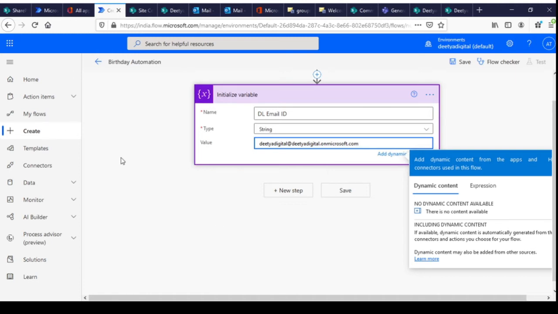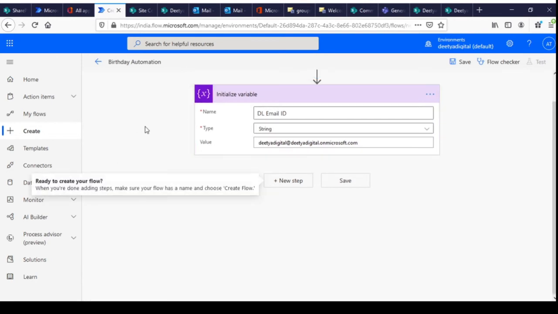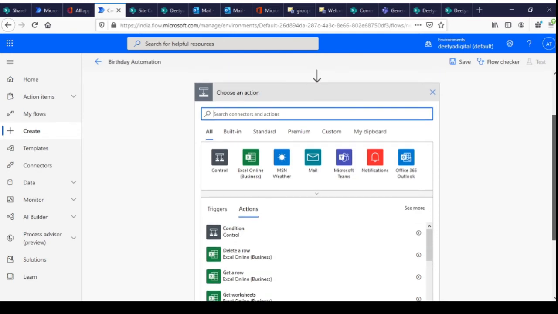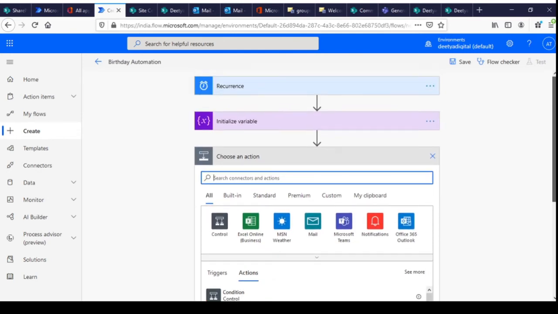Because in BCC, the Power Automate does not allow DL email IDs. So you can put any person's email ID over there, and it will automatically pick that email and send the email to that person.